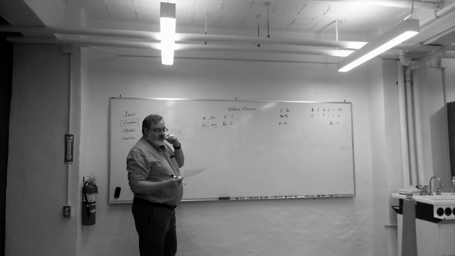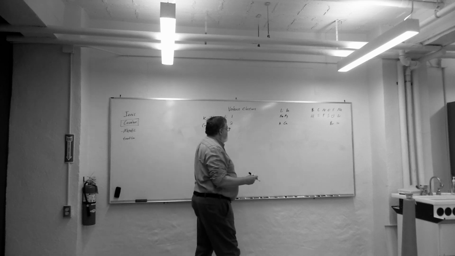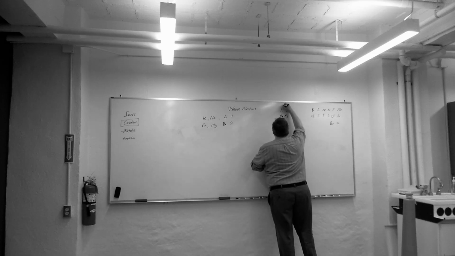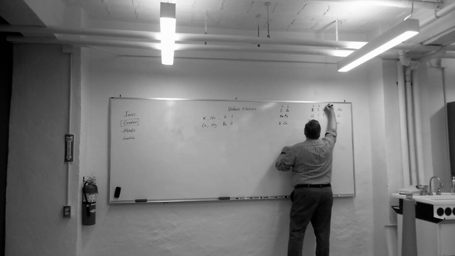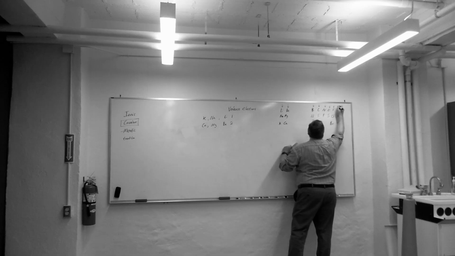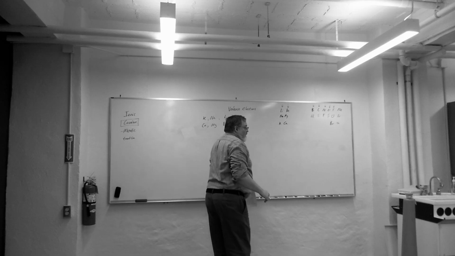How many valence electrons are on sulfur? S. 6. In fact, everything in this row is 1 valence electron, 2 valence electrons, 3, 4, 5, 6, and 7. We can kind of skip those, but those have 8. Okay, so